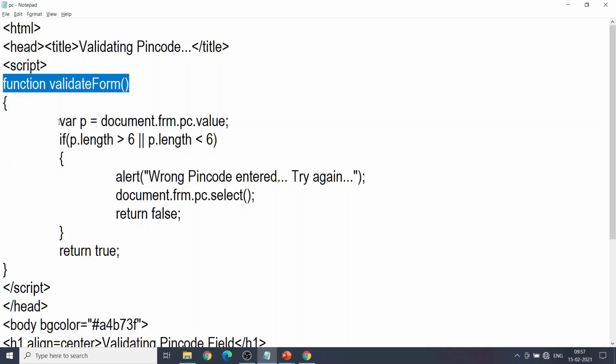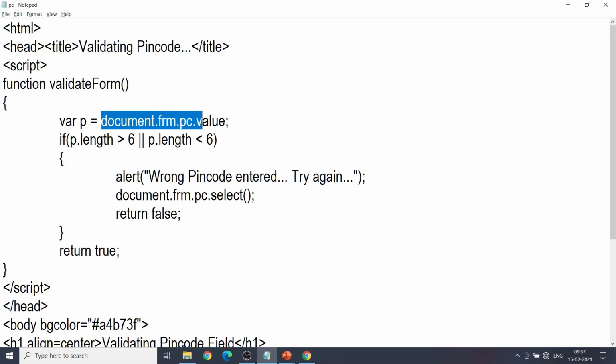In the function validateForm, we are creating a variable p where we are storing what is written in the PC field. So how do we reach the PC field? That is the document object model. First we go to document. Inside the web document we have the form FRM. Inside the form we have the PC field,